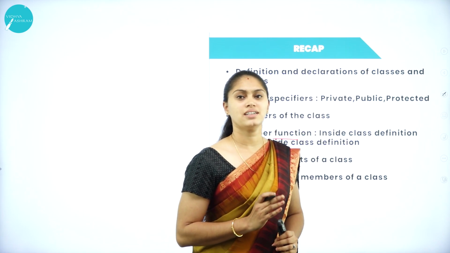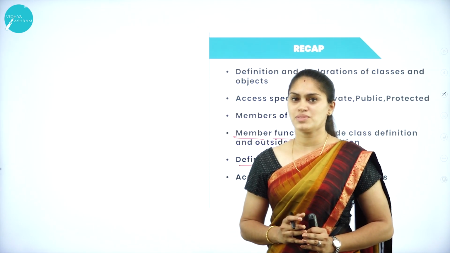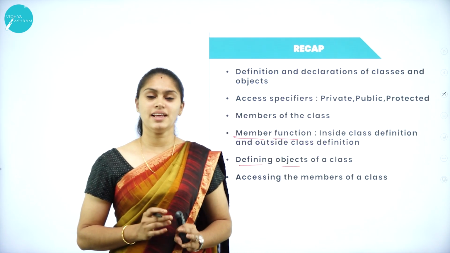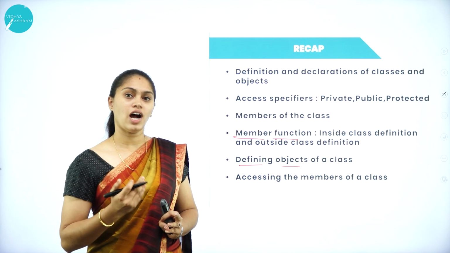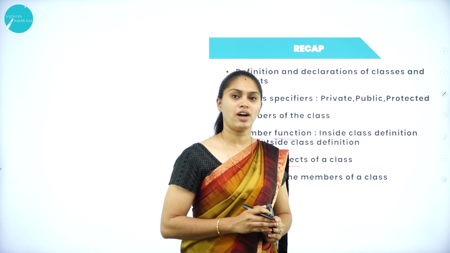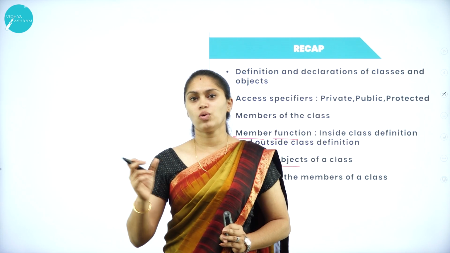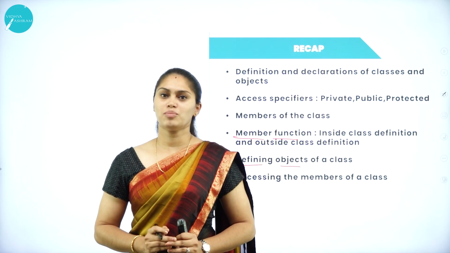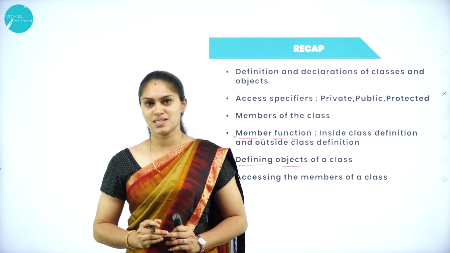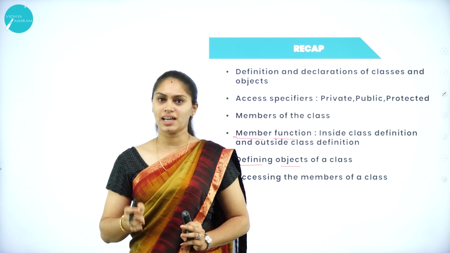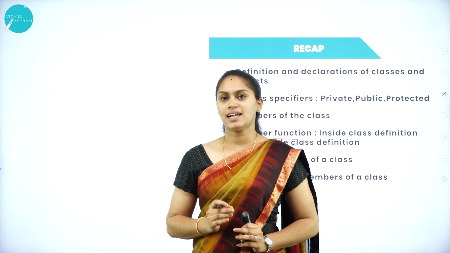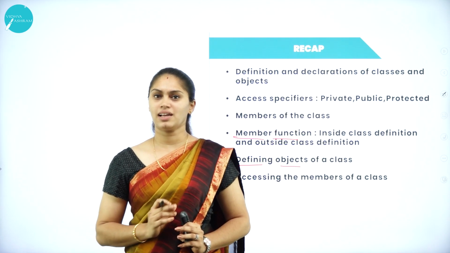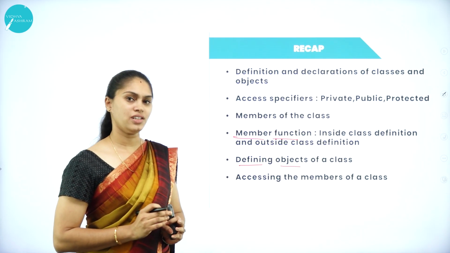Already you guys know that a class consists of n number of objects. That means we can create any number of objects for a particular class. Then how to define an object? First you have to mention the class name, then go with the name of an object. If you want to create more than one object, at that time each object must be separated by comma. Once you are done with defining an object, at last you have to specify the semicolon that indicates the termination of that particular statement.